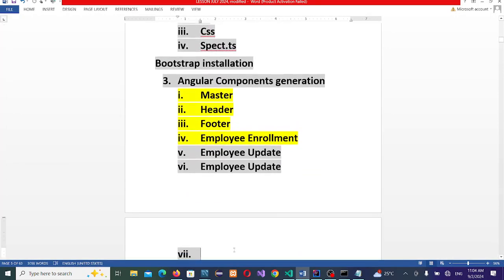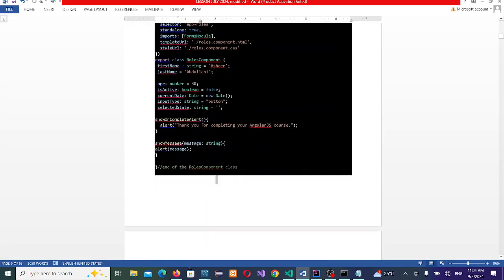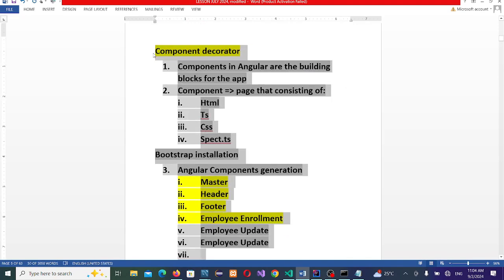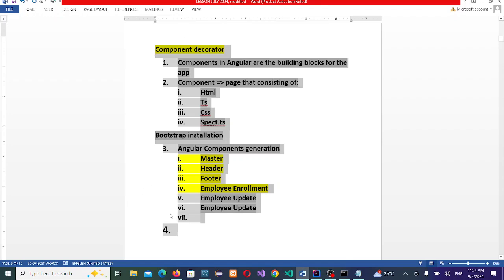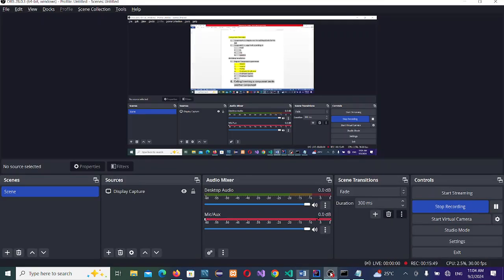This font is too big. Let me adjust it. Calling or invoking a component inside another component. I think let me stop the video here and start